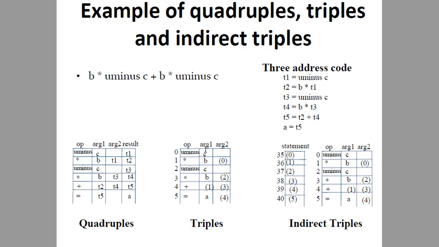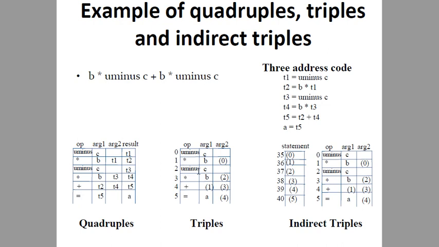Suppose this particular minus C is stored in address 0. So we are using this 0, the 0th location, as our argument 2. In case of T1, we are referring to T1 as 0. So in the second statement, B into T1, instead of writing T1, in case of argument 2 we are writing 0. And this second statement itself, it was storing the result in T2 previously, but over here we are storing it in 1.